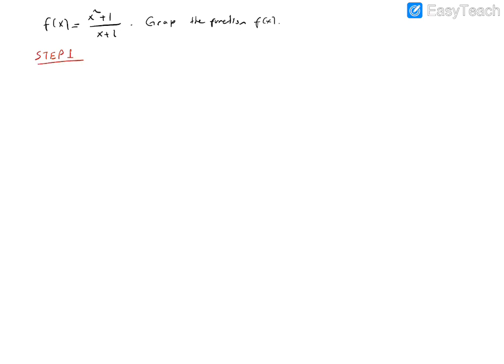So what is the domain? The domain of f is all real numbers except the points which make the denominator 0. Okay, so if x plus 1 equals 0, this implies x equals minus 1. The function is undefined there. So minus 1 is not in the domain, so we should subtract minus 1 from the real numbers. And this is part A of step 1.